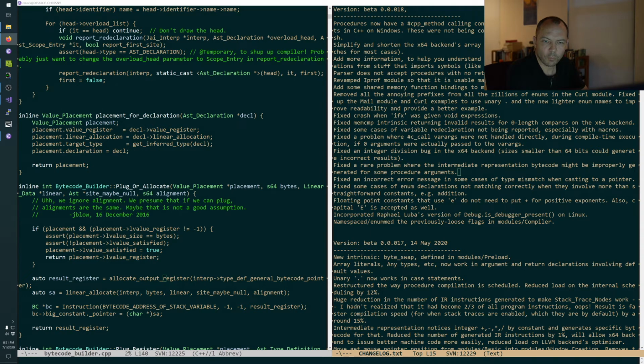Possible scope file bug. I'm able to load a file and access modules imported in that scope file. That's not great. You know what?